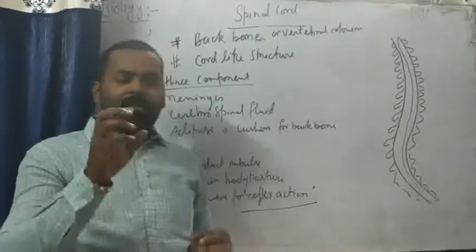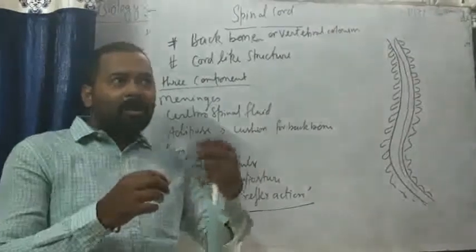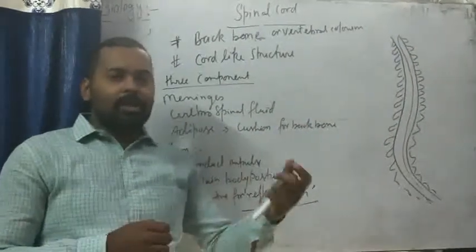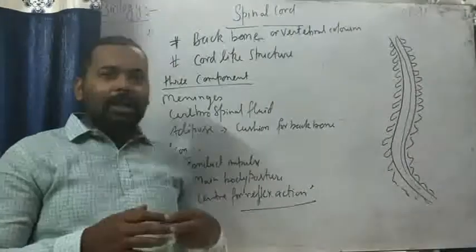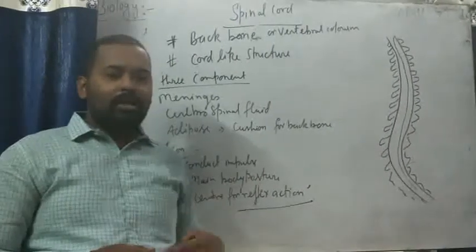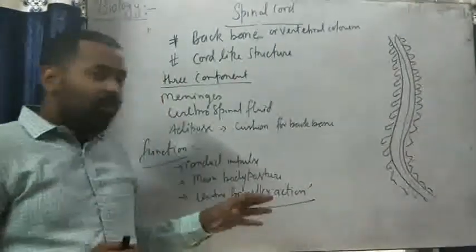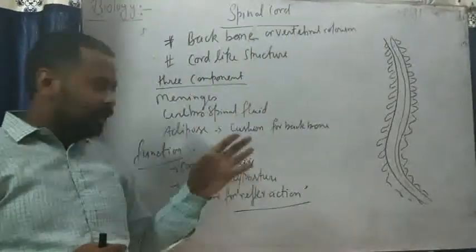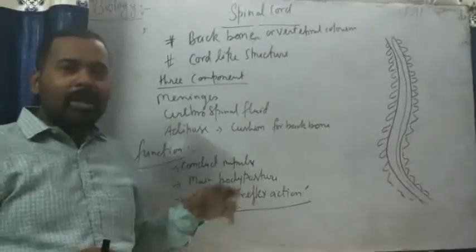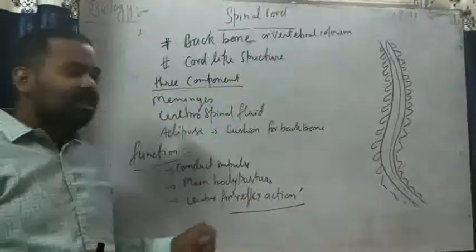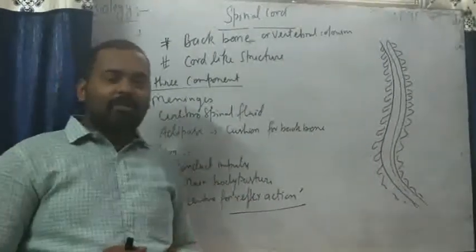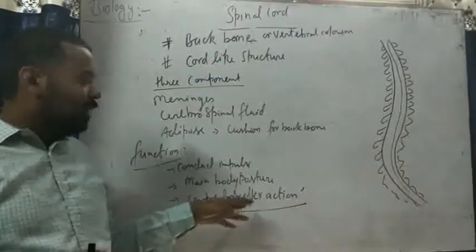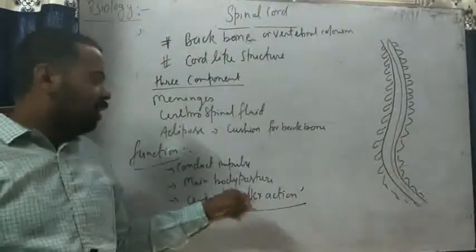When we touch any warm material, or when we see crackers bursting in our surroundings, at that time we respond spontaneously. It means the impulses are not directly sent to the brain, but are regulated by the spinal cord. This kind of action is known as reflex action. Sneezing, coughing, and some more actions are controlled by our spinal cord. This kind of action is known as reflex action.